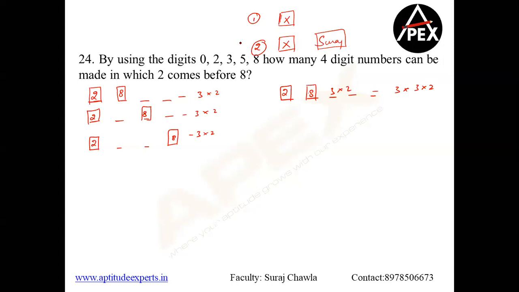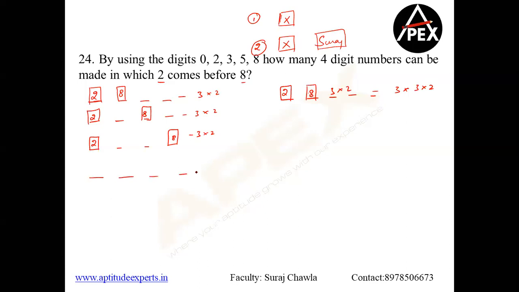Clear, guys? Please understand, if 2 and 2 has to come before 8, then 2 and 8 both have to be present in the scenario. Only in that case you will be able to comment upon. In fact, that's a very valid doubt, Pavni, right? But please appreciate that only if 8 is present, I will be able to compare the position of 8 as compared to 2. It's a relative position altogether, right?